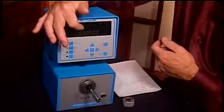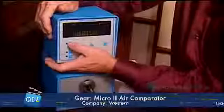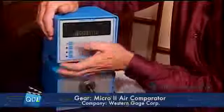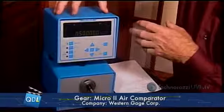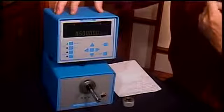Now I can set my upper tolerance limit. And we'll see that's 5/10ths over nominal. Now I'm going to set my master, and we'll see a little bit further what this does. When you press master on the Micro 2 air gauge, it automatically takes the